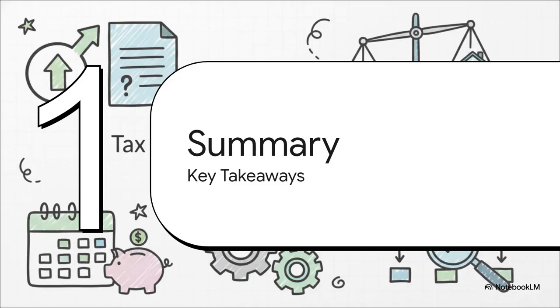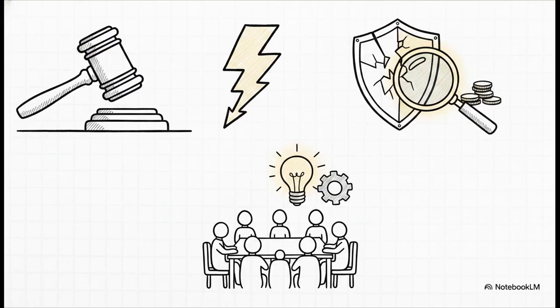All right, we made it to Section 6, Summary and Key Takeaways. Let's lock this in. To wrap it all up, Sections 192 and 195 are your new punitive heavy hitters. They replace 158 BC and 115 BBE, and they carry a massive 60% base rate. Remember, you absolutely cannot shield this undisclosed income using old business losses.